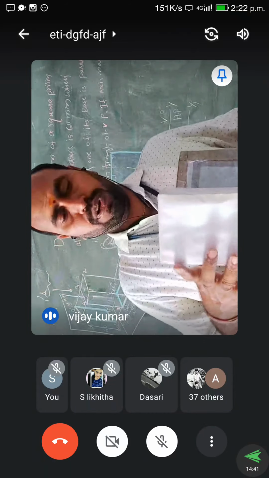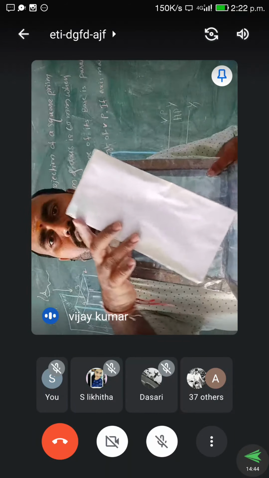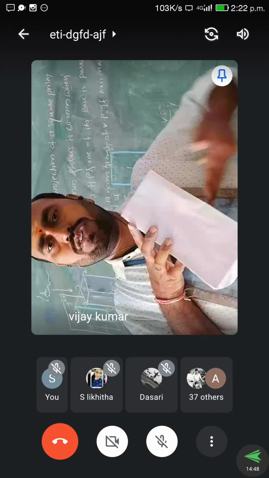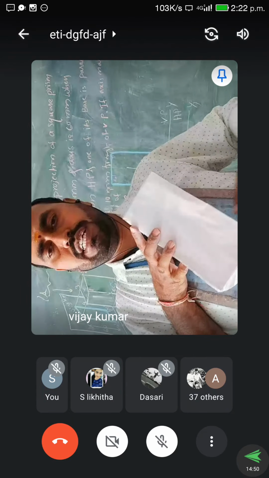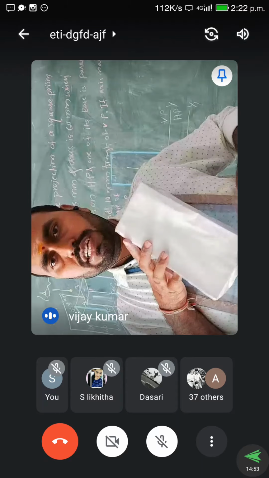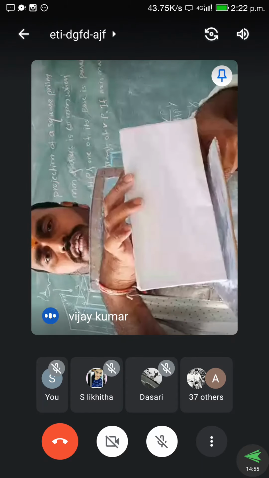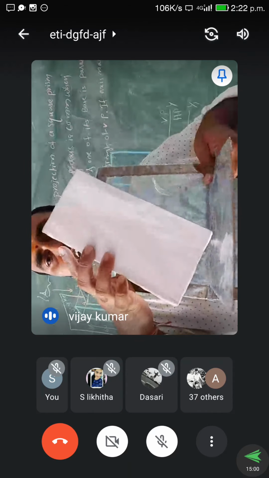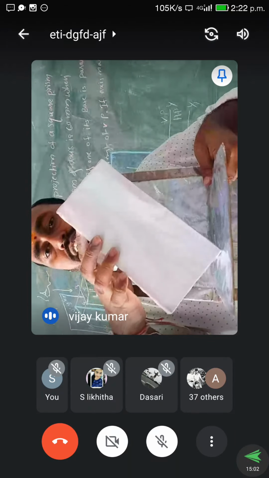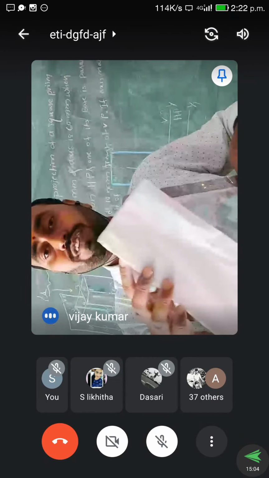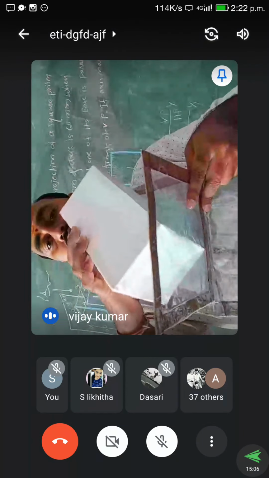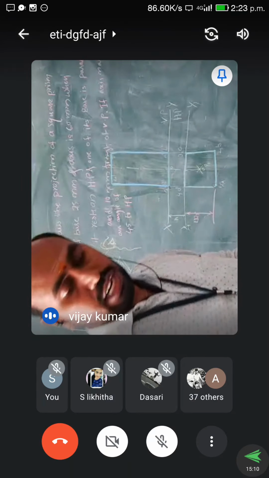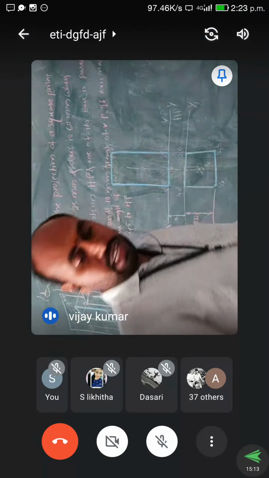This is simple. Again this prism is making an angle, so 45 degrees with the HP, the horizontal axis. For the VP, it is parallel. Then how do we draw the top view and the front view? What shall I do here?